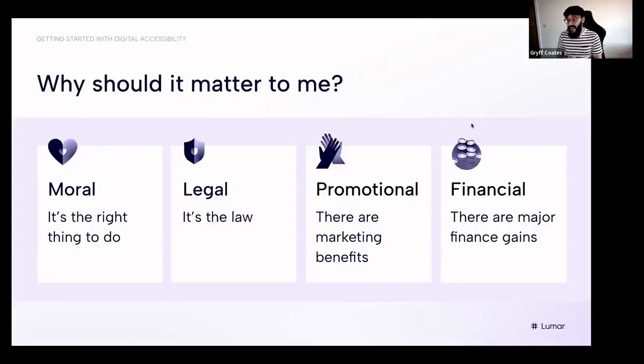But finally, and I think is actually one of the most important ones, is the financial side of things. And this is for 2 reasons. One, because the UN say around about 1 in 5 people have a disability, and around about half of those have an actual accessibility need in digital content, give or take a few percentage. But the thing about it is that means that there's a whole market that if you're not accessible, you are completely missing out on. And that's quite a big margin that you can have there, that can make the difference between you and your competitor, in terms of how you make your gains.